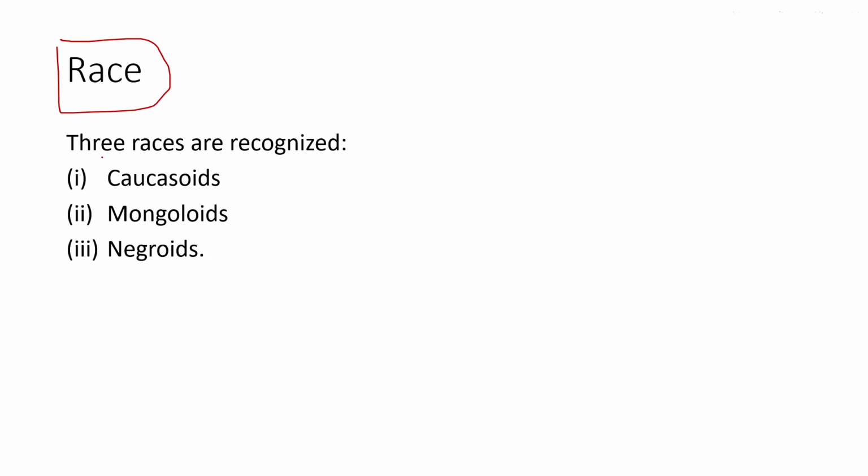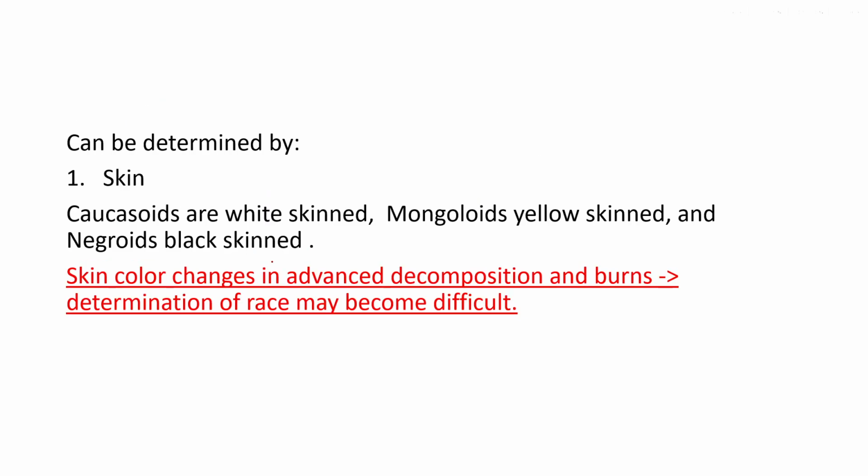So there are different races according to the dictionaries. Five different categories have been divided, but we'll be discussing the three topmost. These are the Caucasians, Mongoloids, and Negroids. Do remember, Caucasoids will be the European mostly, Mongoloids will be the Asian mostly, and Negroids will be the African mostly. All right. If you take a glimpse idea about them, that will be much easier for you to understand. So there are three different races: Caucasoids, Mongoloids, and Negroids.